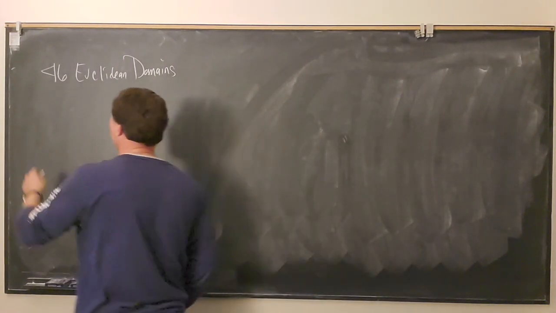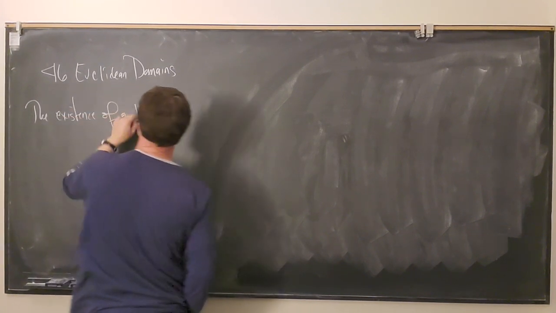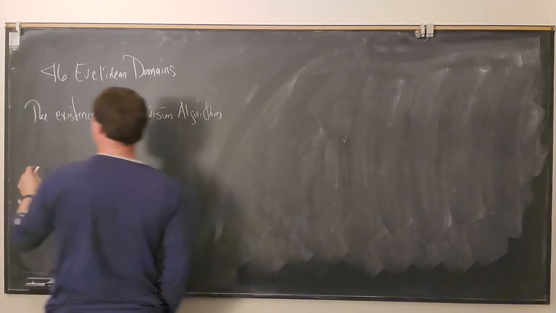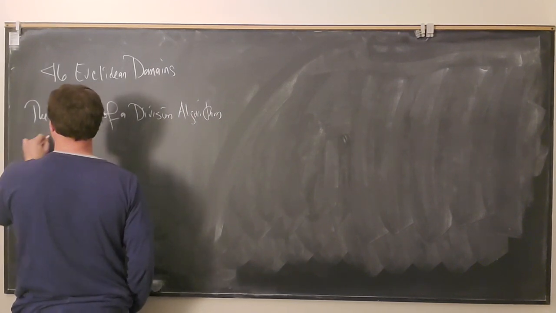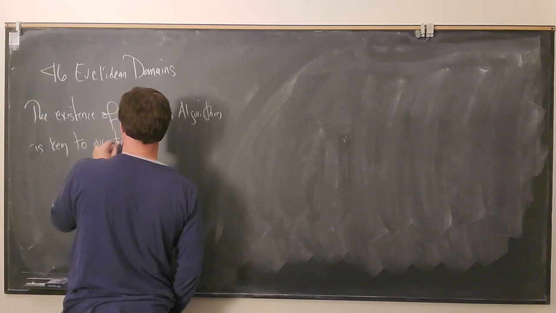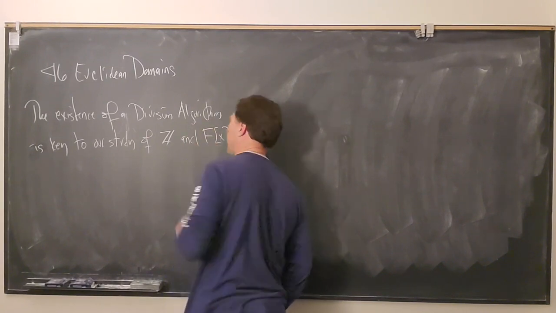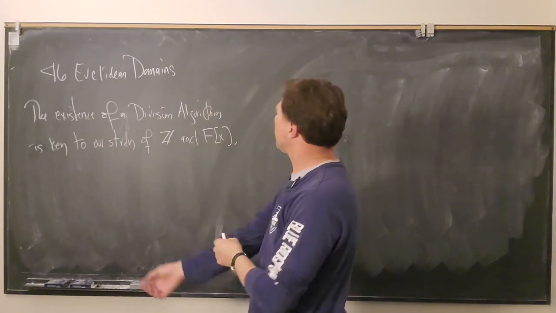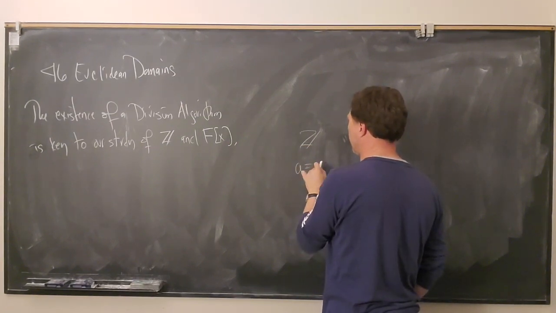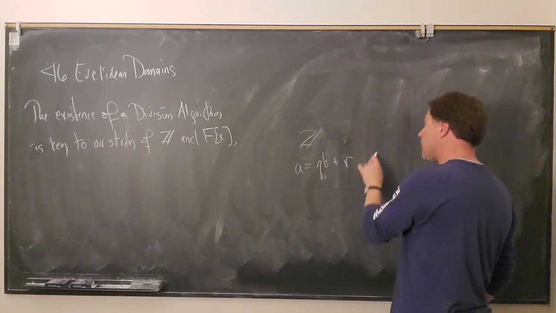So let me say that, right? The existence of a division algorithm was key, or is key, to our study of Z and F[x]. And notice the division algorithm showed up for Z. What do we have? Well, any integer can be expressed as, if you divide a by b, you get this, where the remainder